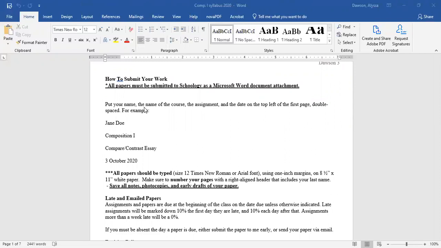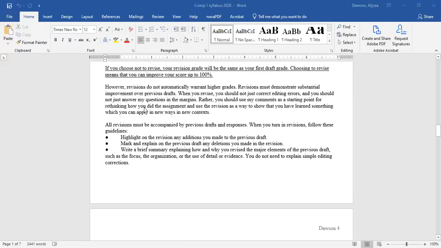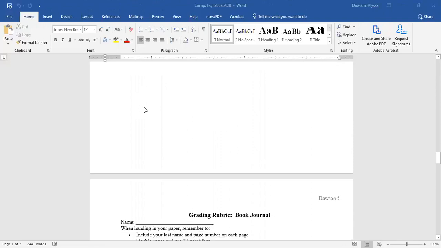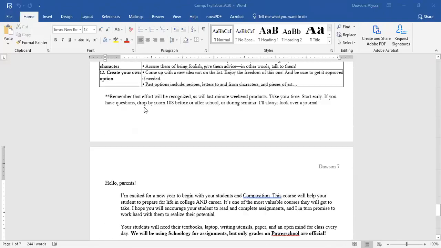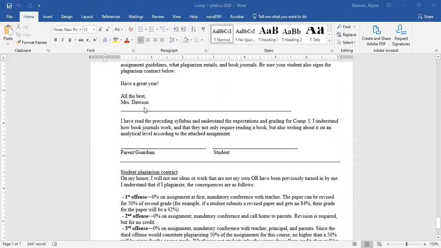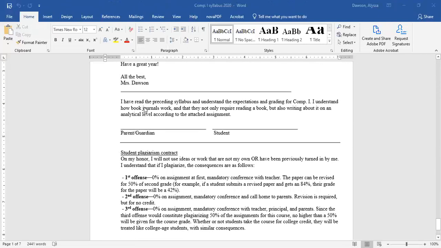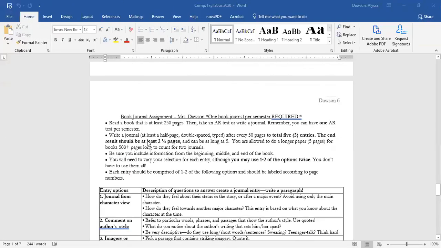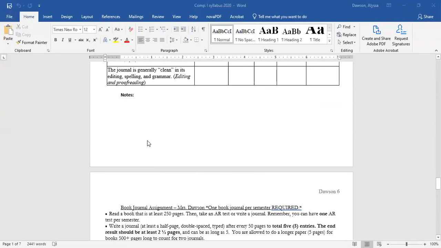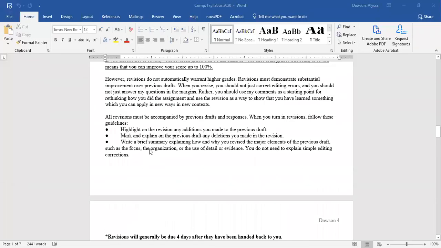So your actual first assignment is to go to the page where there is the grading contract and the plagiarism contract, and you'll sign that, and your parents will sign it, and then you'll upload a picture of that. Just snap a picture with your phone and upload it to Schoology. I am not going to collect all of the pieces of paper back. I don't want them. Let's not mess with that. Any questions so far? So yeah, it'll tell you how to submit them.